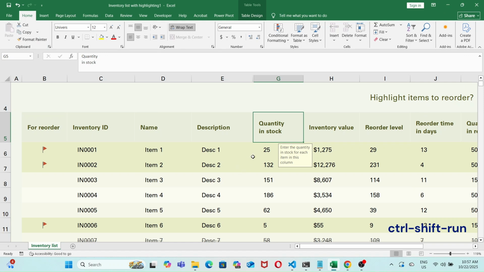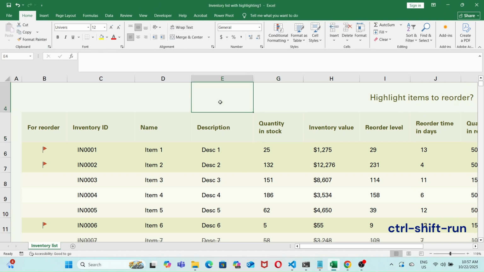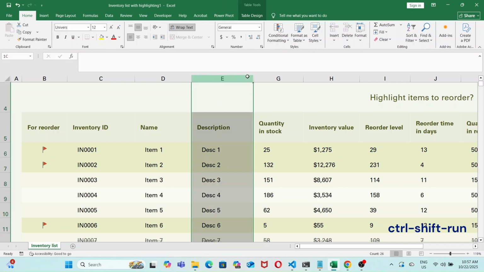Hey guys, in today's video, I want to show you a few different ways to unhide columns in Excel. Let's start with the most simple way. As you can see, column F is hidden here as the column headers go from E, skipping F and then